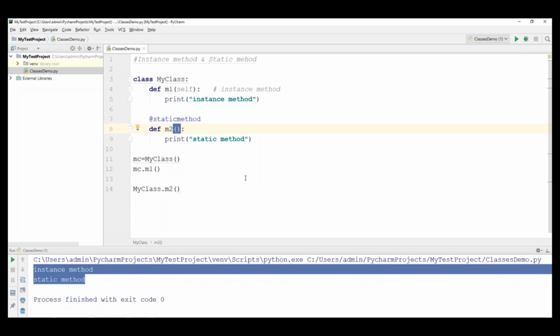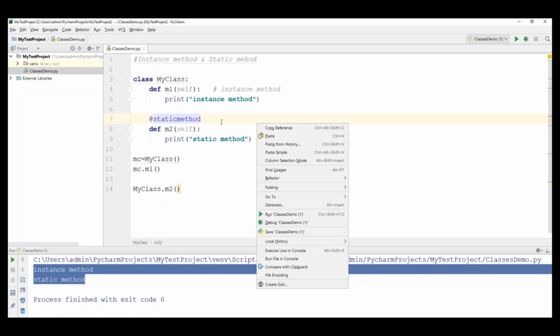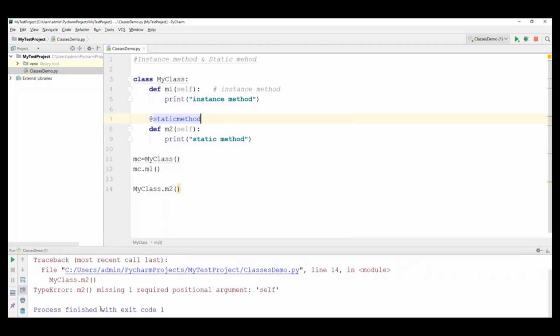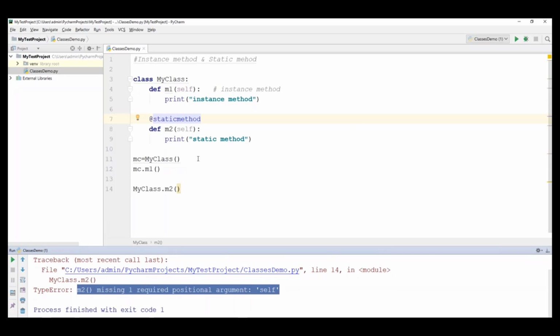For example, when I specify self here, what happens? Just like other methods, it will throw an error: m2 missing one required positional argument self. What that means is, in a static method, if I specify self, it will be treated as a normal variable or argument.